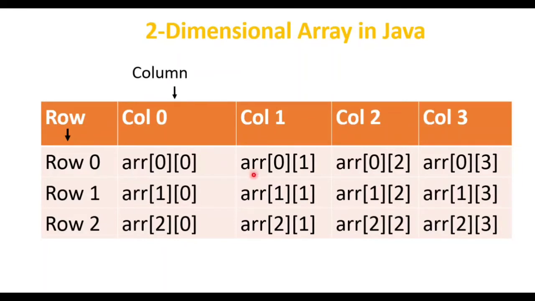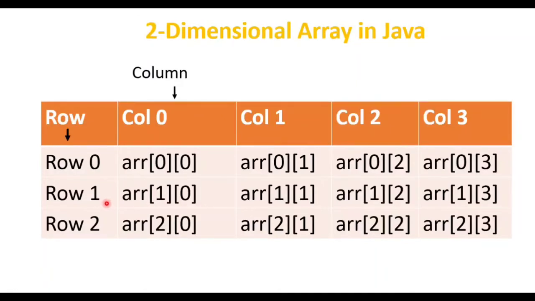If I go to next value, that means what? First row and second column value. So here you can see what I'm having, ARR 01. So ARR 02, which is nothing but first row and third column. And now last we have what? ARR 03, which means first row and the fourth column. So if you are accessing row wise, then here you can see my row is what? Fixed. And what is changing? My columns are changing. Therefore, I'm trying to use what? Nested loop to print this value.